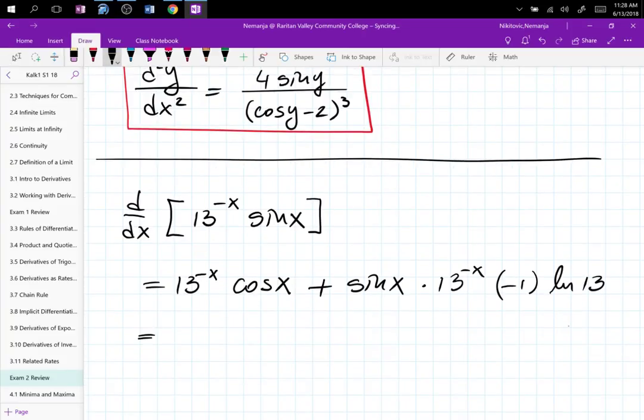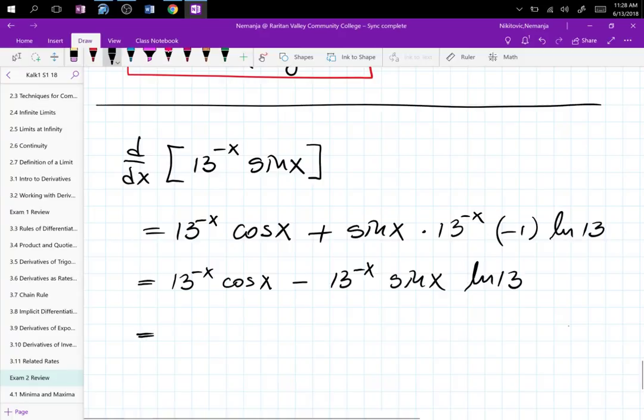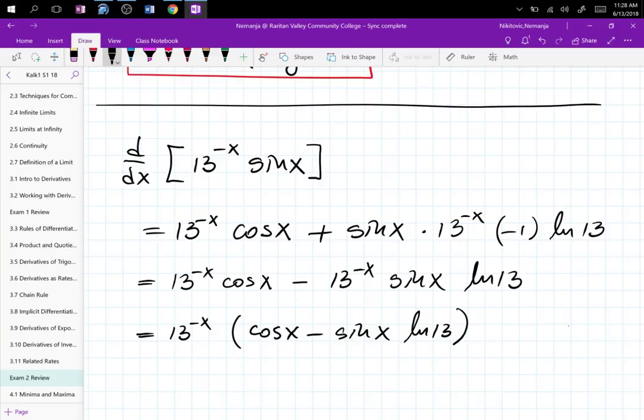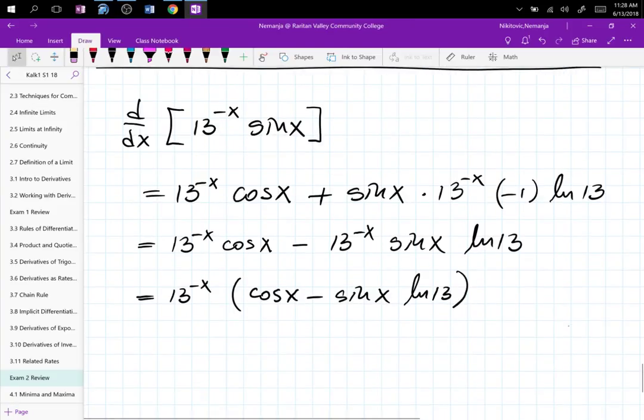So what I have is now 13 to the negative x cosine x minus 13 to the negative x sine x ln 13. I can factor out 13 to the negative x and in parentheses have cosine x minus sine x ln 13. I will just put this aside and then you guys can work it out, or you could find the derivative